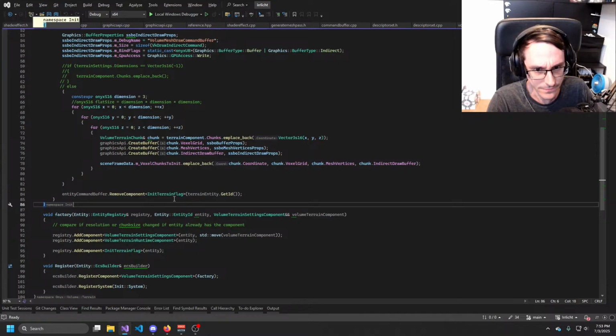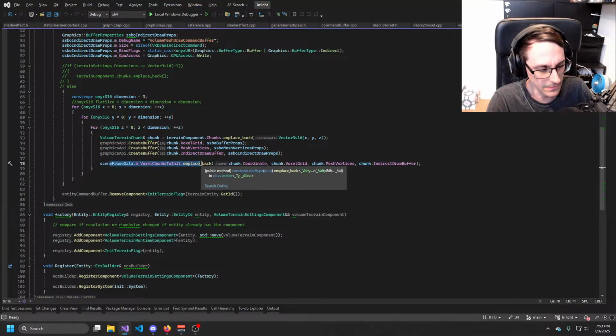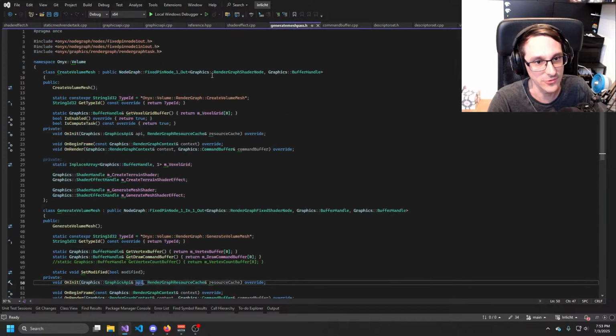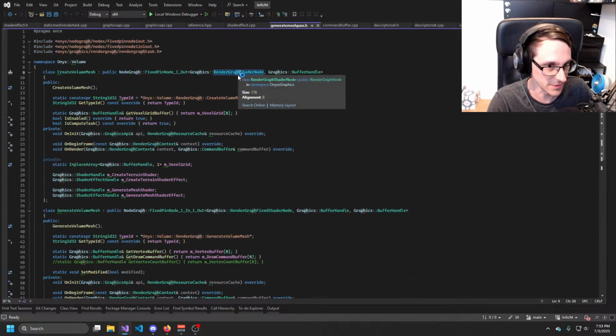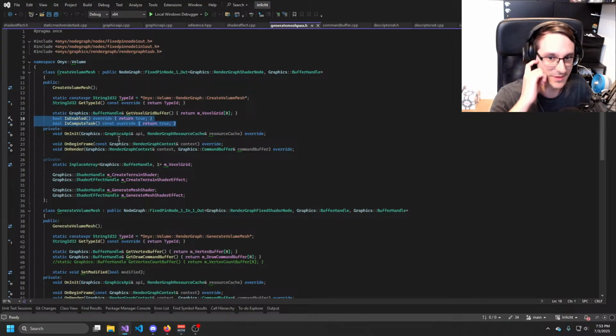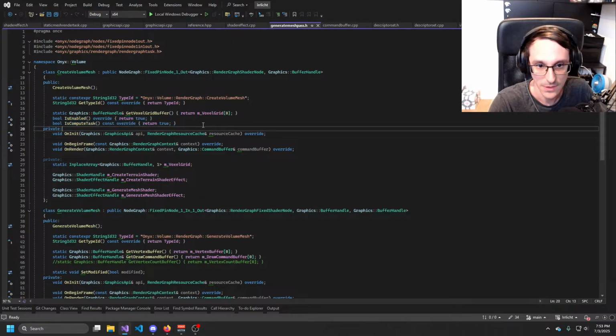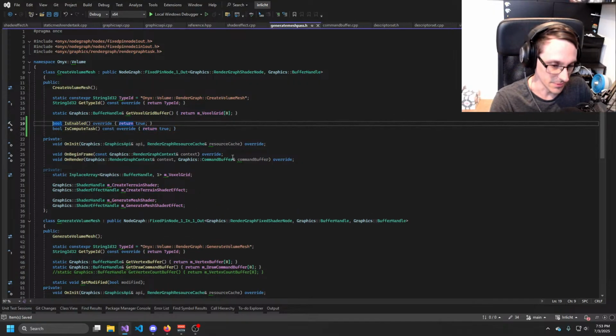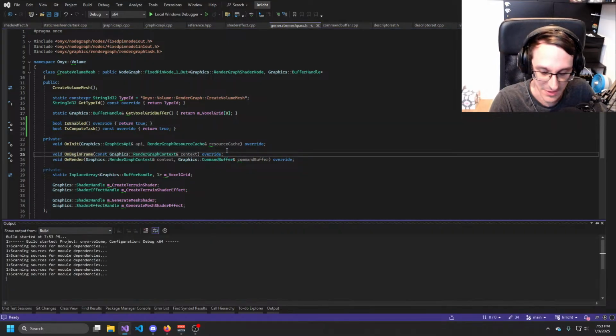What was the issue again? Because now it kind of works. So I was adding them. Oh yeah, the generate mesh path that I changed from a fixed shader node to a render graph shader node. We actually need to override two functions, which is enabled and is compute task. So the first one is that we actually execute it, and the other one is that it knows that it's a compute task, which is a little bit problematic, not gonna lie,